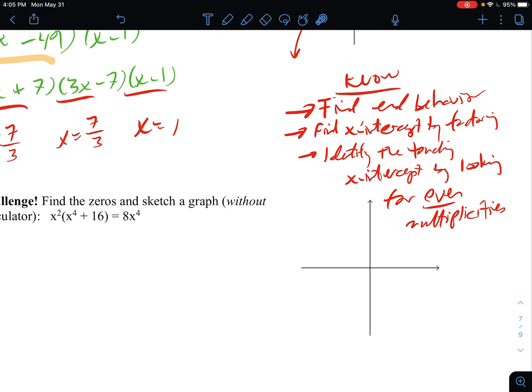Individual problems might seem tricky if the factorization is hard, but as long as you're comfortable with these, I don't think you have to stress too much. Okay, that is the end of